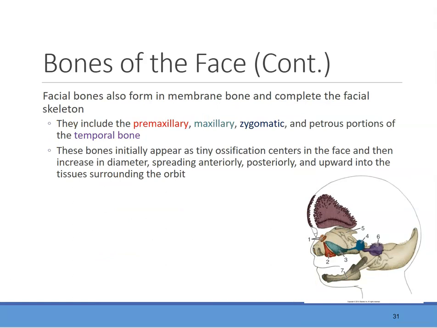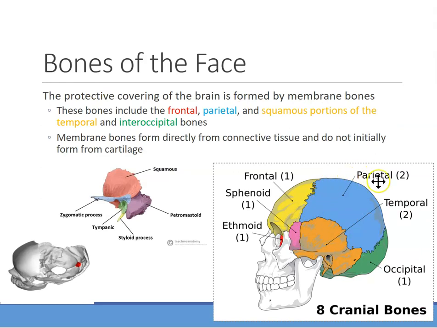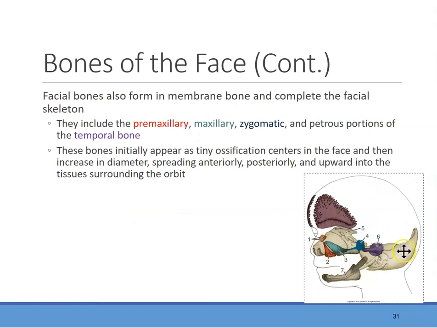So what we just looked at were bones that cover the brain for the most part, and then there's also bones that cover the face as well. And the facial bones are listed as we see here. So I'll just outline where they are, and it's kind of color coded. So there's the premaxillary, that's right over here, number 2. There's the maxillary bone, which is right here. There's the zygomatic, which is also known as your cheekbone, which is over here. And there's the